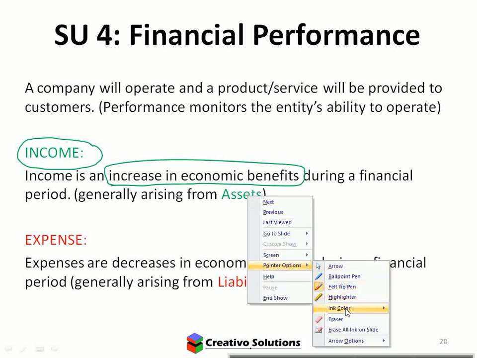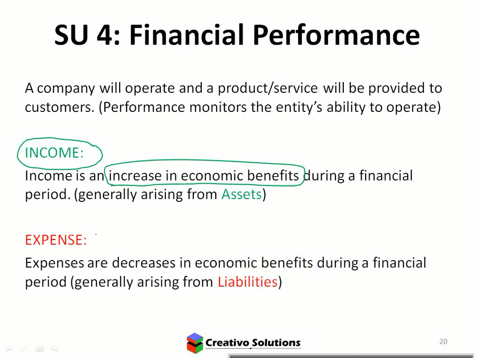How do we recognize what an expense is? It's the opposite. The key word there is a decrease in benefits. You lose something today. For example, the pens and the pencils that you guys are using. As soon as you put that to paper and you write with it, that ink is gone. You're not going to get that ink back. It's a decrease in economic benefit. I switch on the lights, I'm not going to get this electricity back again. We use it, it's gone. The water, open the tap, it's gone. So with expenses, it's a decrease in benefits.